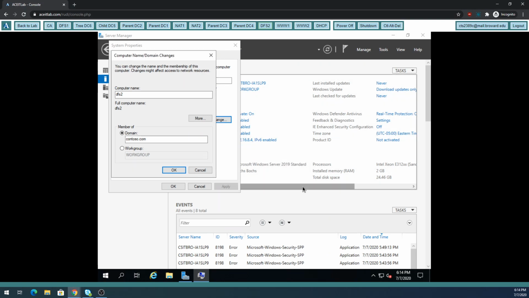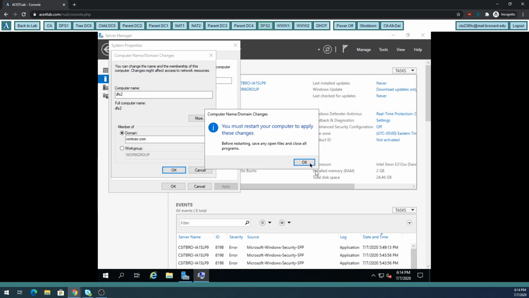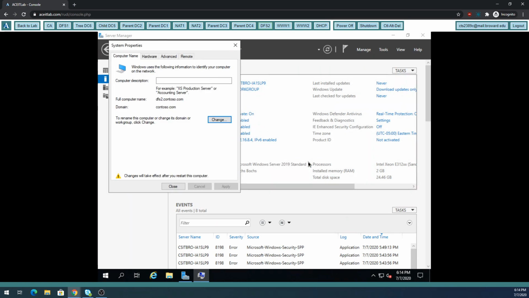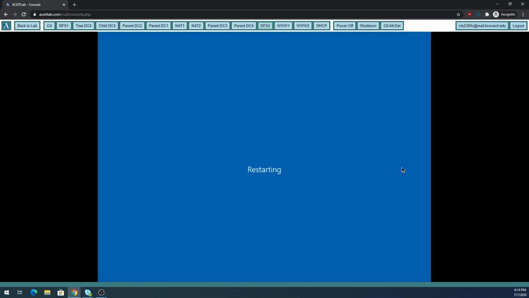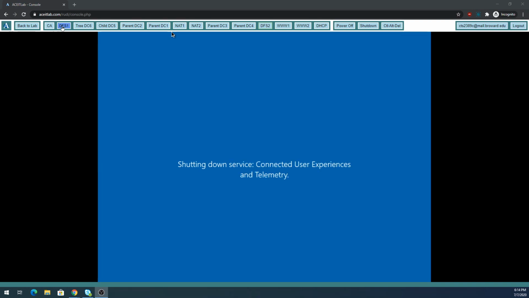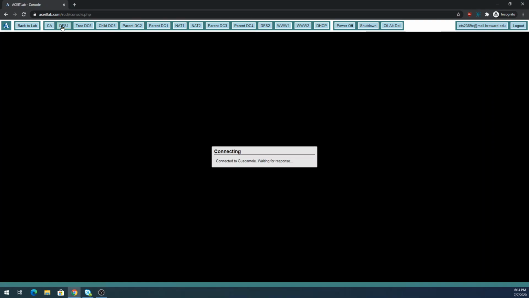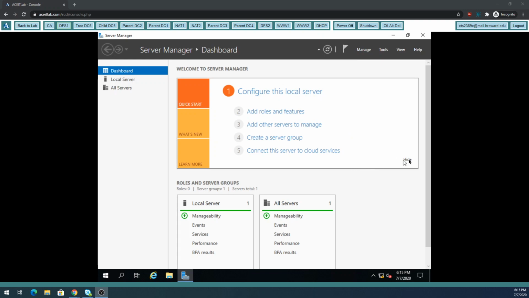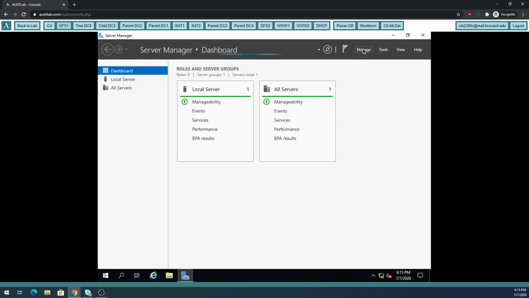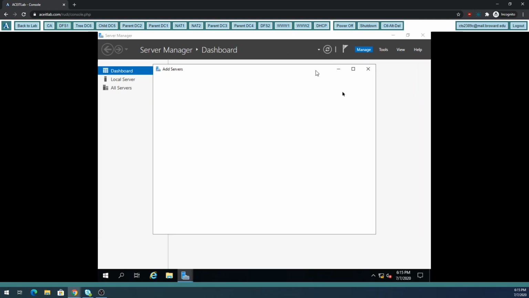It found the domain. Now it's going to reboot. So while that's rebooting, I'm going to go back to DFS1 and install the software. It's still coming up. Okay, it's fully loaded. So the first thing I'm going to do, and I do this for all my DFS servers, is I'm going to add DFS2